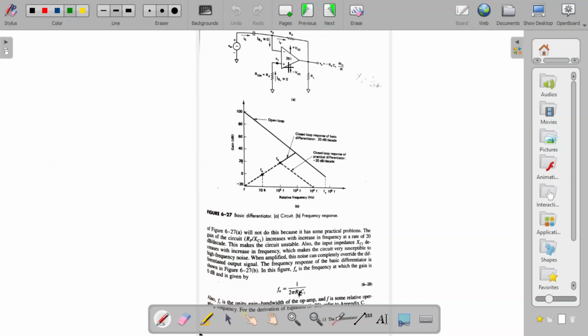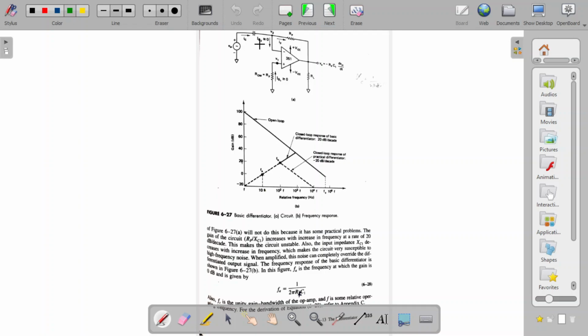Okay, so in the integrator circuit we had the R1 resistor, but instead of the RF we had the capacitor. In the differentiator we have the capacitor in the place of R1, but RF is there as it usually is in inverting amplifiers. So this is the only difference in the circuit when compared to an integrator. Or I can say that from the normal inverting amplifier circuit, there is only one modification: you replace the R1 with the capacitor.